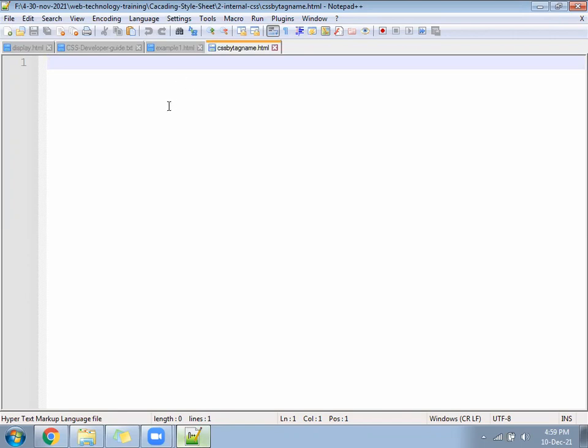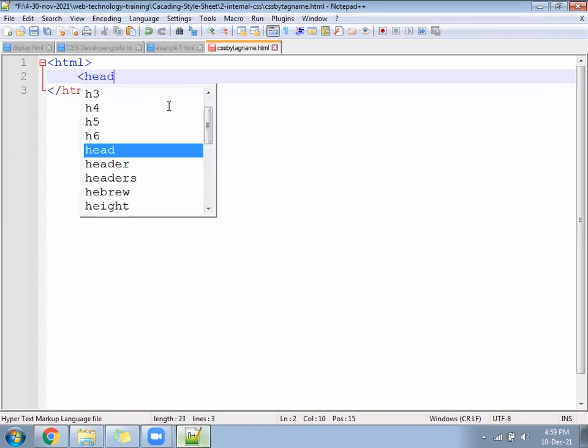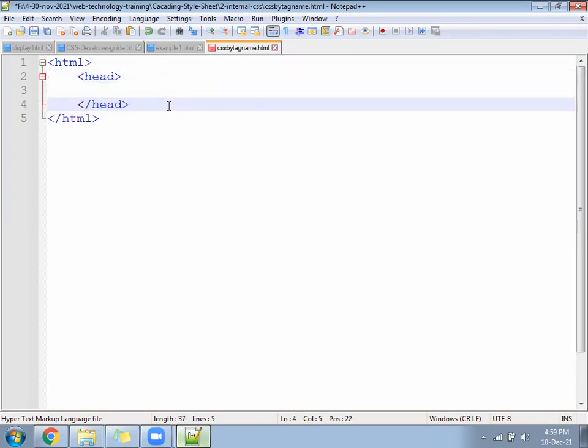Okay, so how to write this method? Start from HTML, and the head section again, and follow the style inside. Close the style.